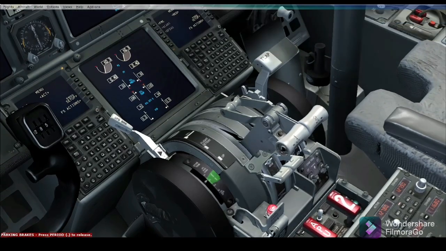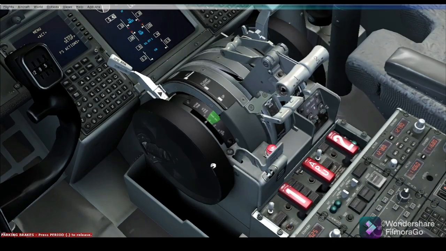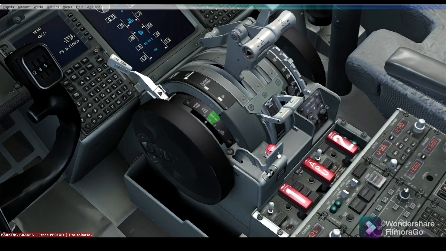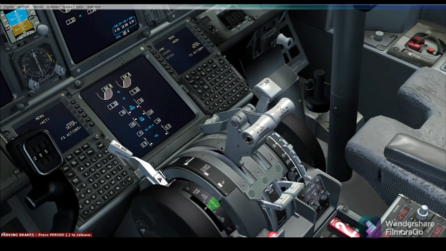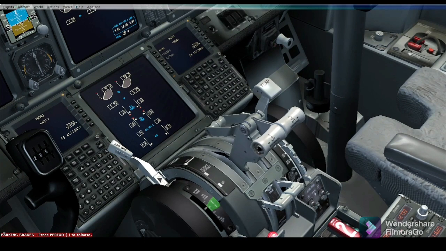After this, we will see the most important thing, the speed of the aircraft. This is the engine 1 throttle and this is the engine 2 throttle. I will give a test, just 1 second. You can see the value will increase and you can hear the sound of aircraft engine 1.